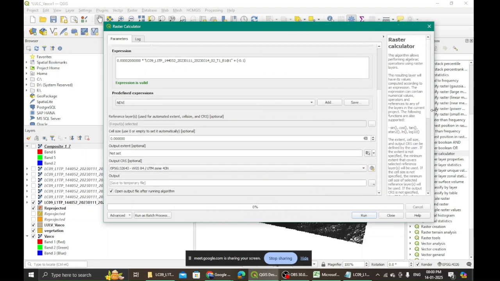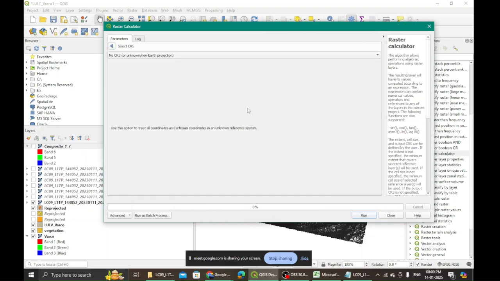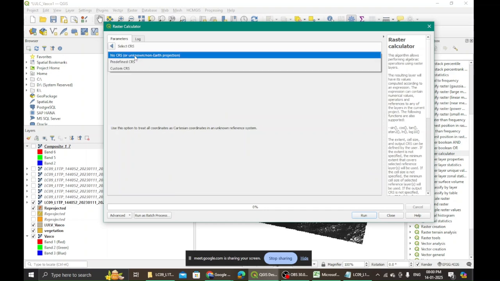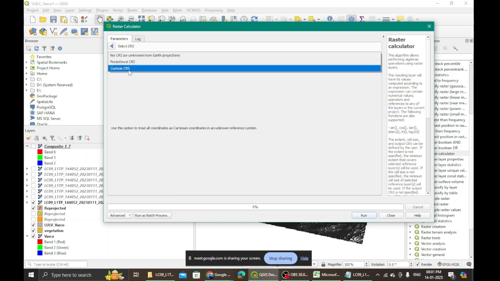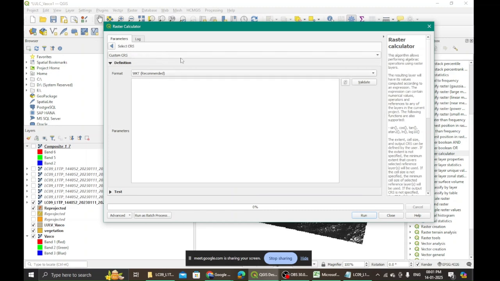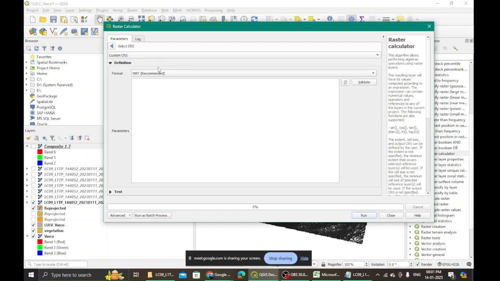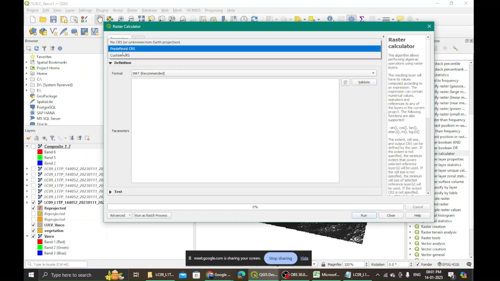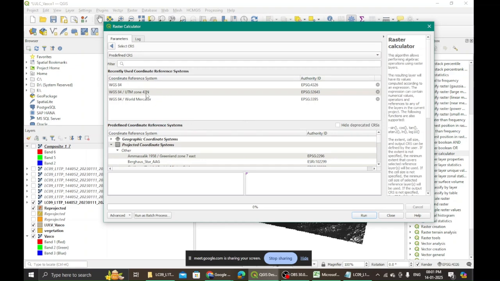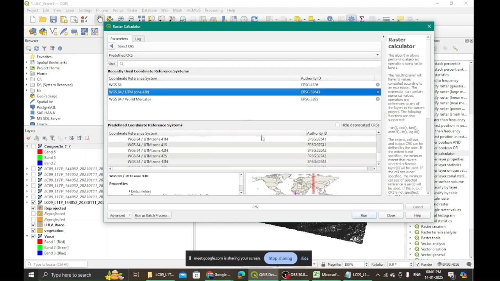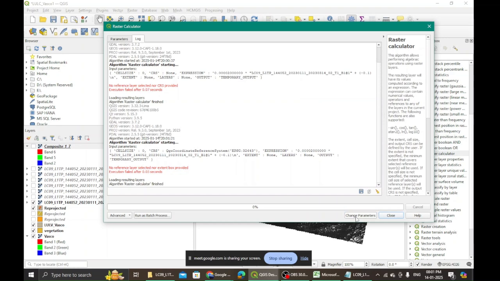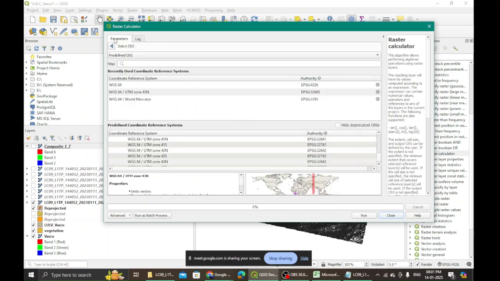You can also extend this panel such that you see this globe, and from here you select which one you want, either predefined or custom. If you want a custom one, then you can go for finding it. Recommended projected is fine. You just go for the predefined one for now. I have chosen this, UTM zone 43, and I say run. No preference layer selected. CRS provided. Execution failed. Give me a second.